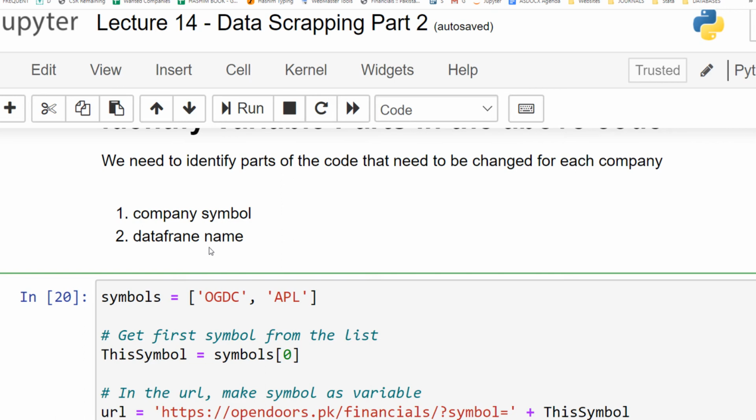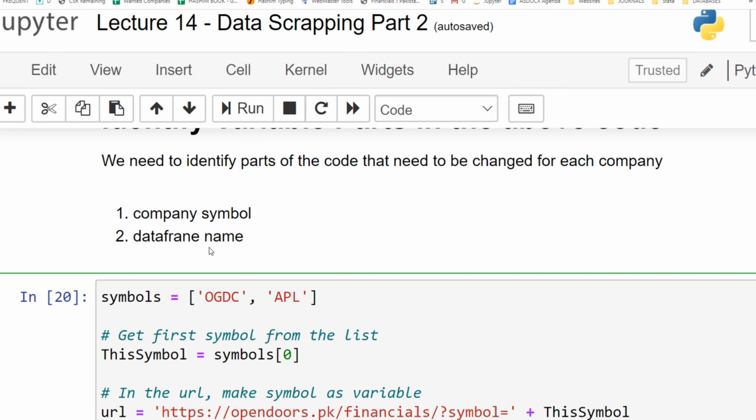If it is not a first company, it is second, third, fourth or fifth company, then a previous data frame already exists. We shall create a temporary data frame, process that data frame and append to the previous data frame. So there is no need to replace or recreate the previous data frame.